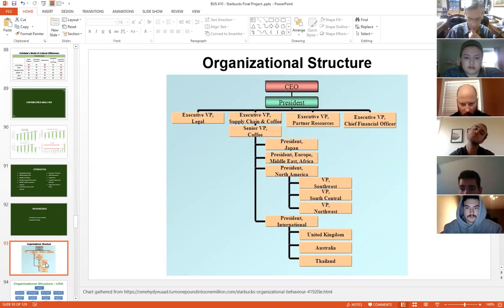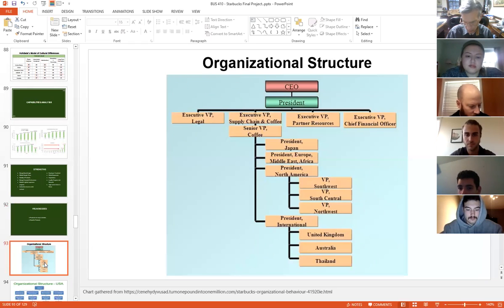Here we have the global organizational structure for Starbucks. So here we have the CEO, then the president, then all the vice presidents for the departments within Starbucks. So for example, supply chain of coffee, the chief financial officer, and below them we see the